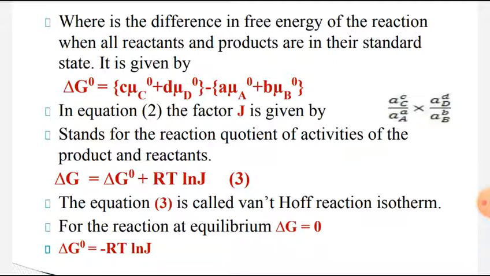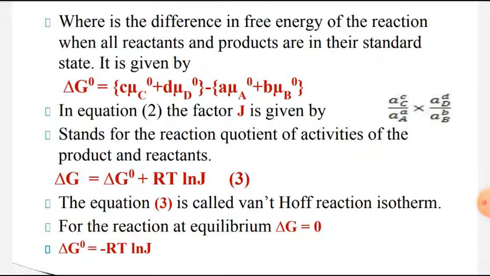It is given by del G0 equals c mu C0, the chemical potential of product C in standard state, plus d mu 0D, the chemical potential of product D in standard state, minus a mu A0, the chemical potential of reactant A in standard state, minus b mu 0B, the chemical potential of reactant B in standard state. In equation 2, the factor J is given by